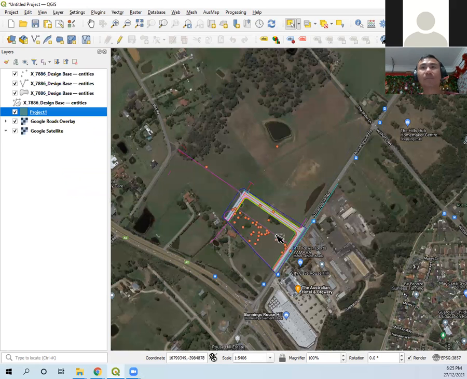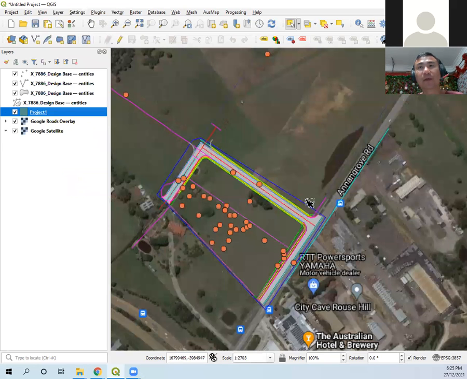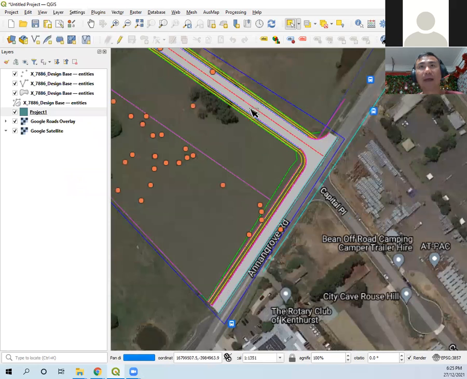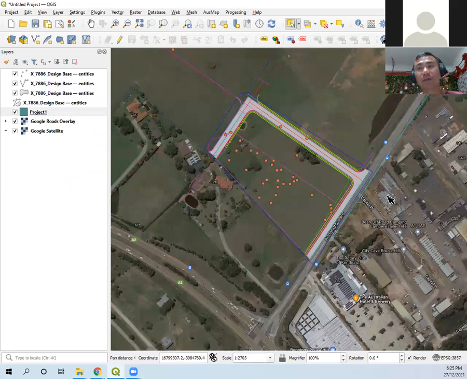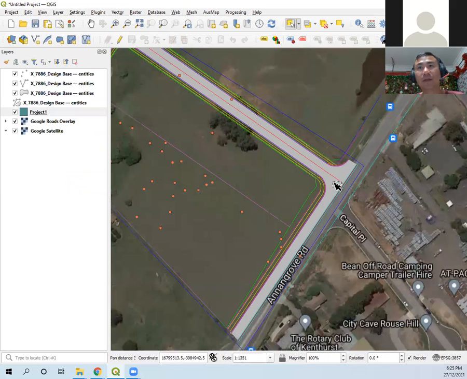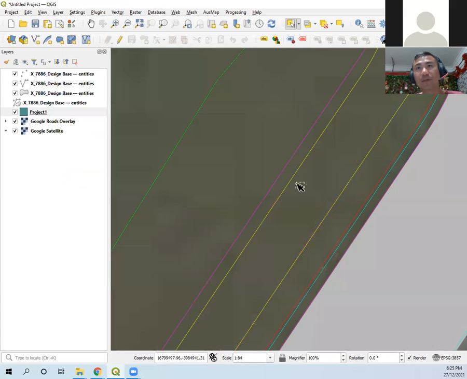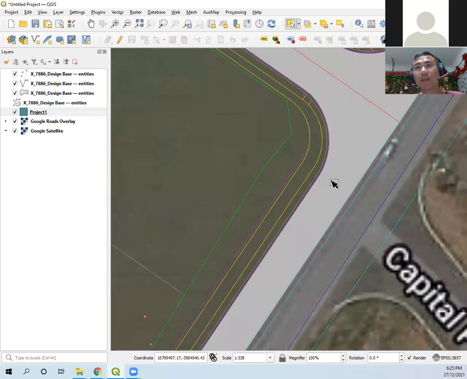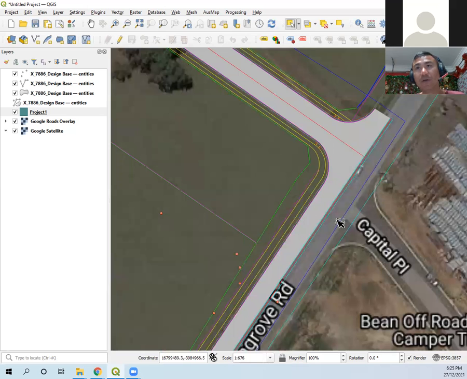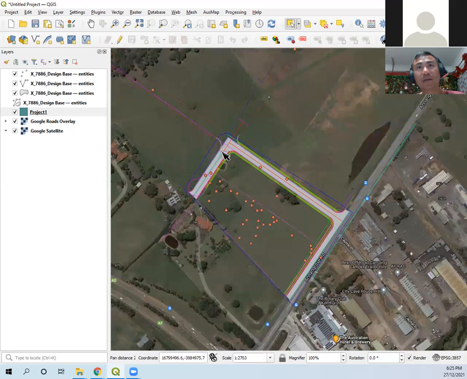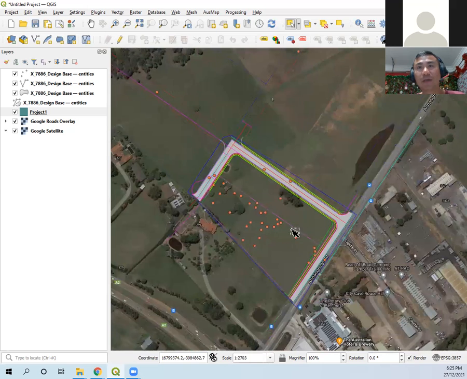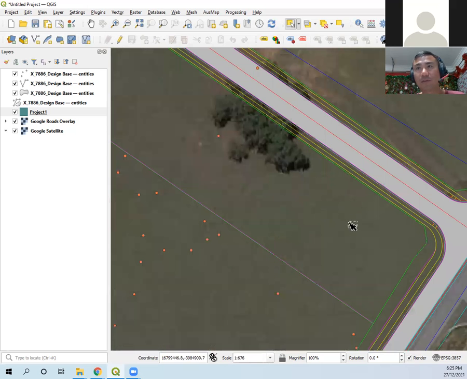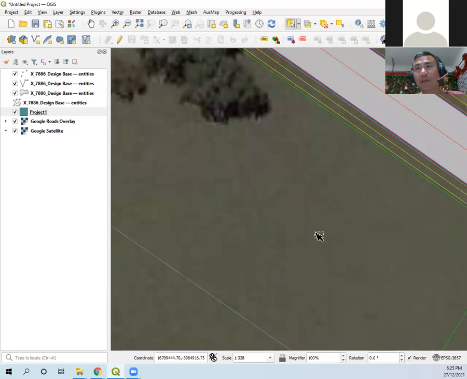Yeah, that's fine. So this is the one I've said. I have a CAD drawing design. This is one of my projects for Indesco. I got the CAD file, this is the line, this is CAD. This one in color is a polygon I drew. This is the road design here. Or let's say if you have a building, you will have a building line, everything. You can see it in the